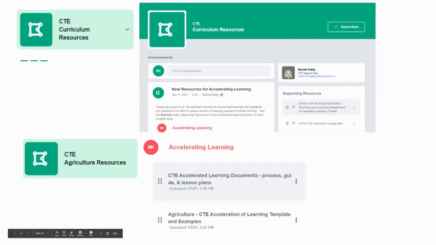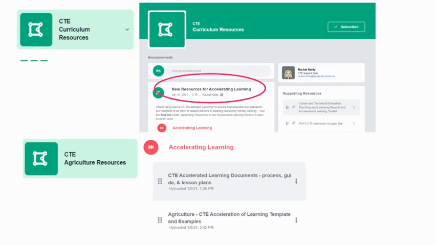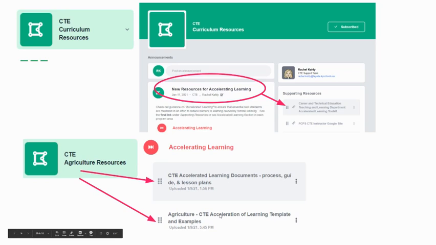Where can I find the toolkit? You can find it on the Navigator, so please subscribe. The new resources are here on the landing page, and the link is right here to the toolkit. Then you can go to your program area, and here is agriculture, where we have the process and guidance as well as the sample lesson plans, and then the templates for each program area with each pathway in the tabs below, with the programs of study inputted so that we can figure out where we can sandwich standards together to ensure